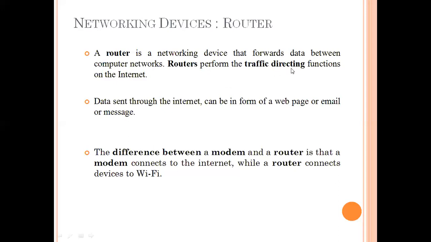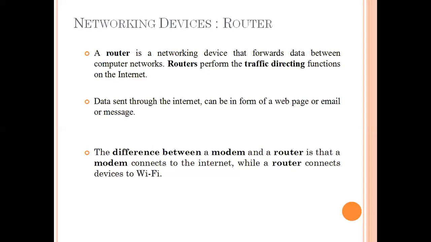So router is traffic directing, meaning there are lots of messages, lots of data, lots of mails coming together and going from one corner to the other corner of the world. So everything is perfectly synchronized and managed because of the router. We say that a router routes the packet. Okay, it routes the data, meaning it is like a postman, isn't it? It takes a letter coming from any source, and it gives it to the perfect address. It delivers that letter to the perfect address. Similarly, here also the router takes the data and delivers it to the perfect address only.